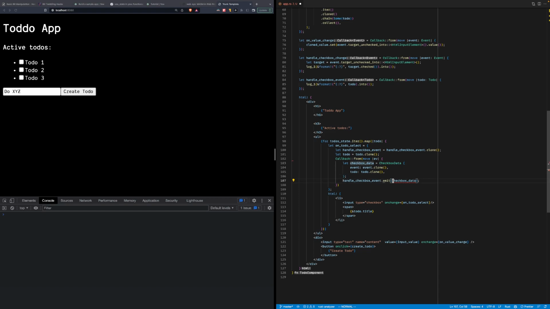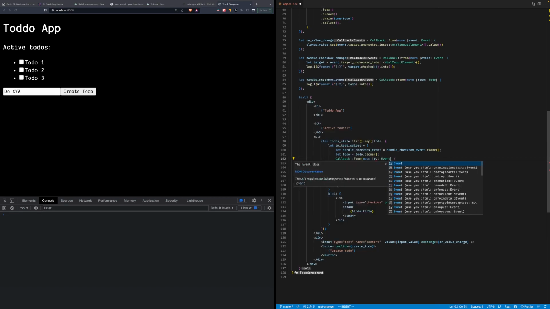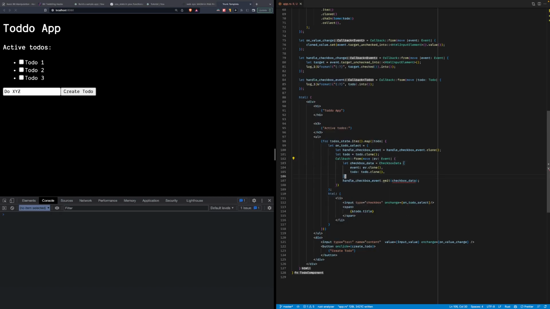So what are we calling it? Eve? Do I have to specify the type for it? I am not sure if this type is also event in this case, but I guess we'll just find out. And this will probably give me an error.